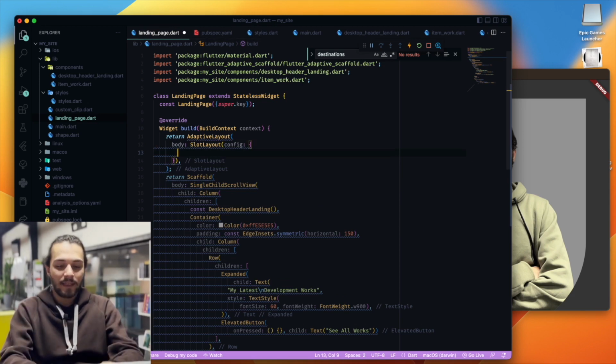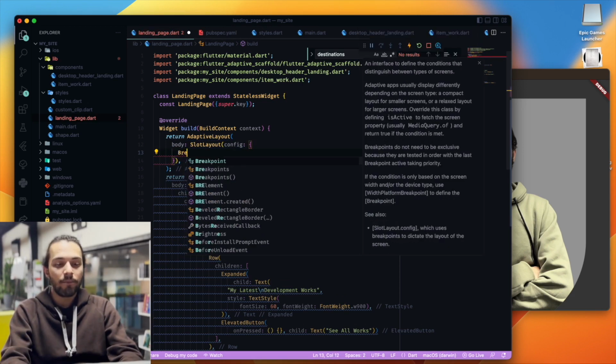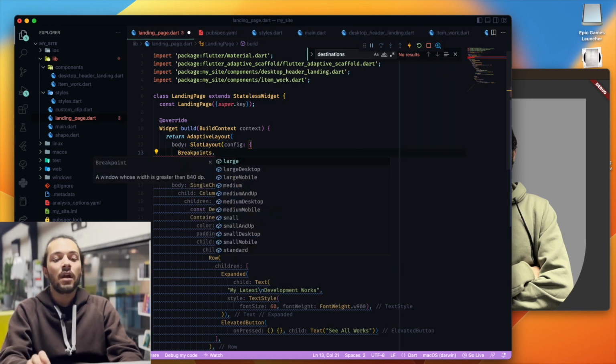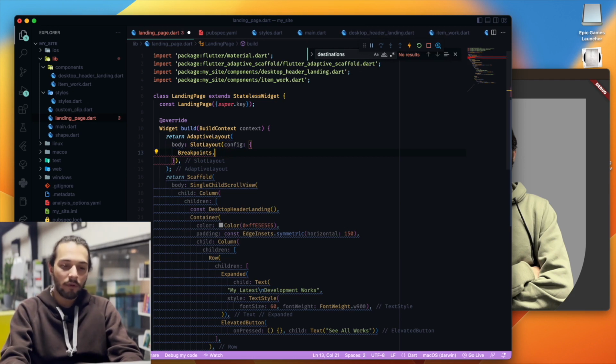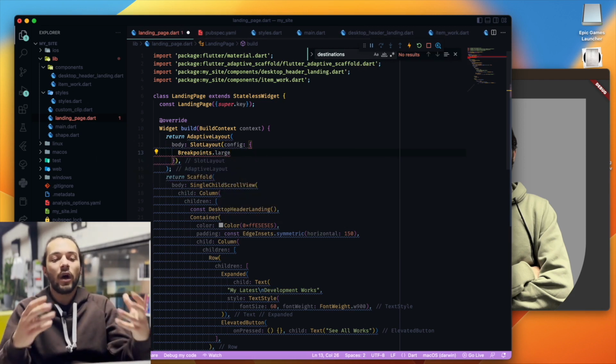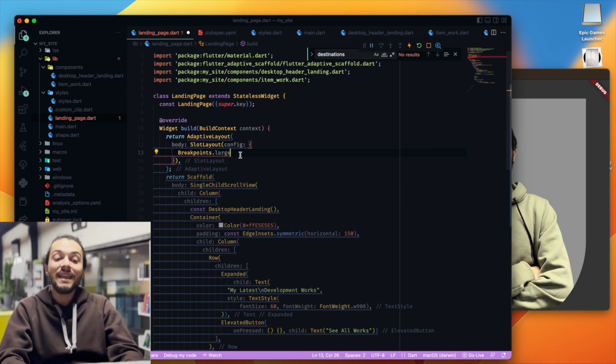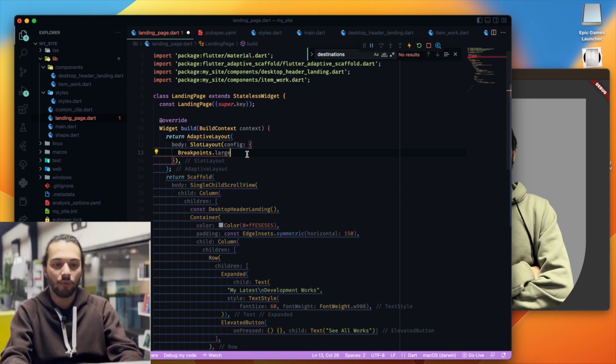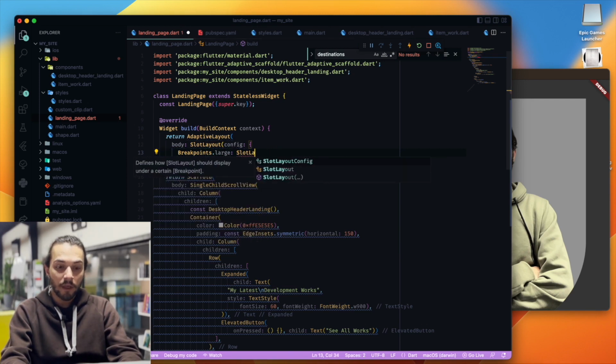And what's that? I can create breakpoints dot large, for example. I want my body in this layout in large mode. When we have, for example, a website in large mode, I want to have a slot layout dot of, I'm sorry,